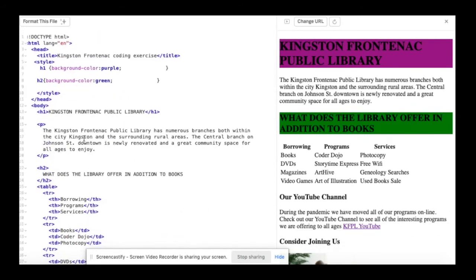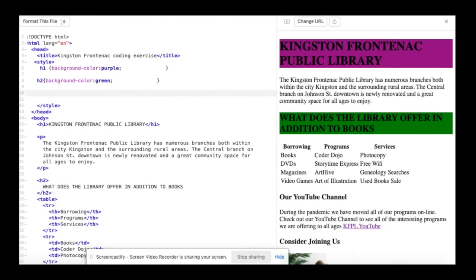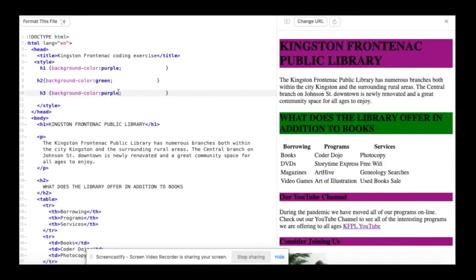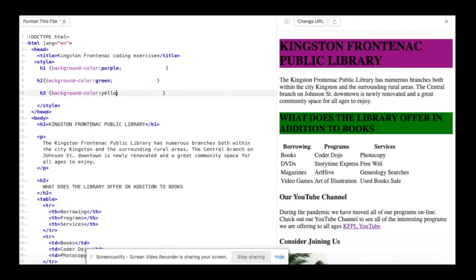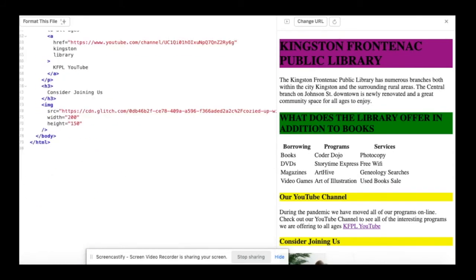And now I'm going to copy and paste something new for my H3 line as well. Now we'll call this one H3. I think we'll do yellow. Clearly I have two H3 titles, so I'm going to make this one an H4.